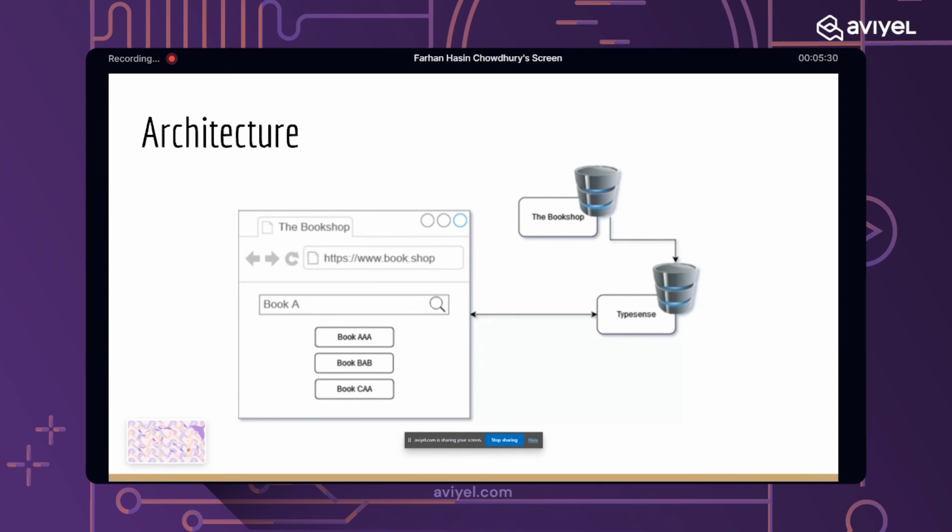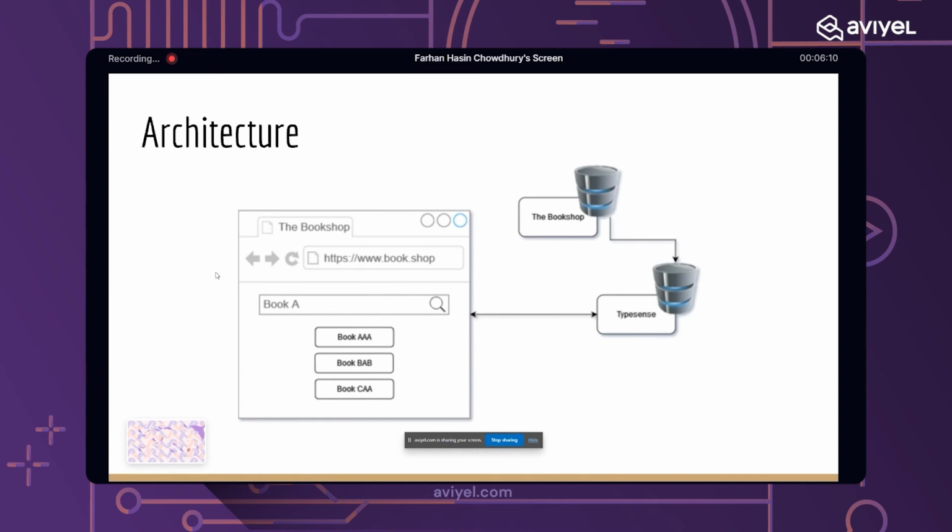In the TypeSense database, there are collections and there are documents. If you create a collection for your books, each book will be a document inside that collection. If you have worked with database systems like MongoDB before, this should be very easy to understand. But if you are from a relational database management system background, a collection is equivalent to a table and a document is equivalent to a row in those tables. So that's an overview of the architecture.